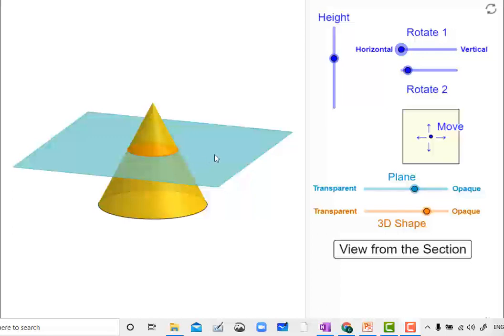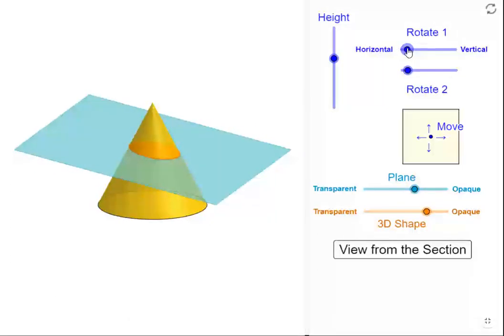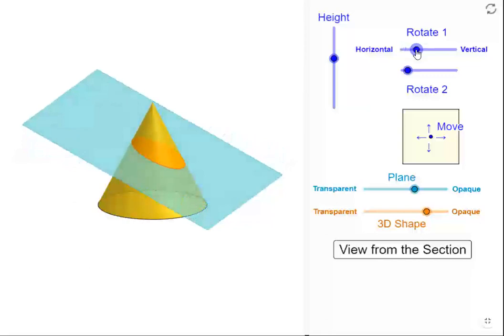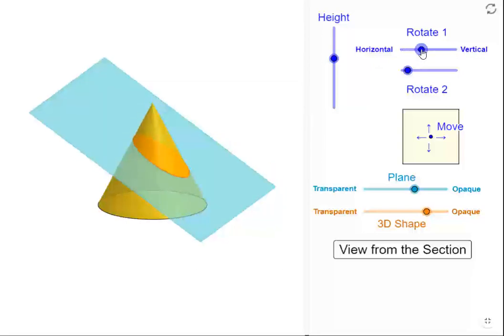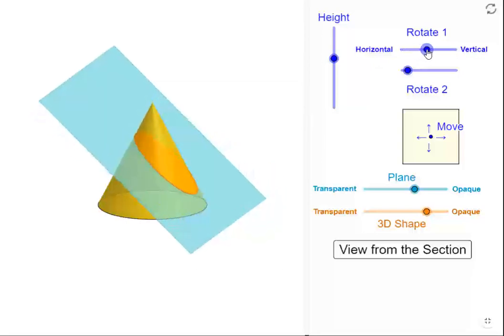Okay? Now, if I begin to move this plane a little bit like that, the plane now cuts at an angle. When the plane cuts both sides of the cone with an angle, not horizontal as before, it forms an ellipse. Okay? Now, if I move my plane a little bit more